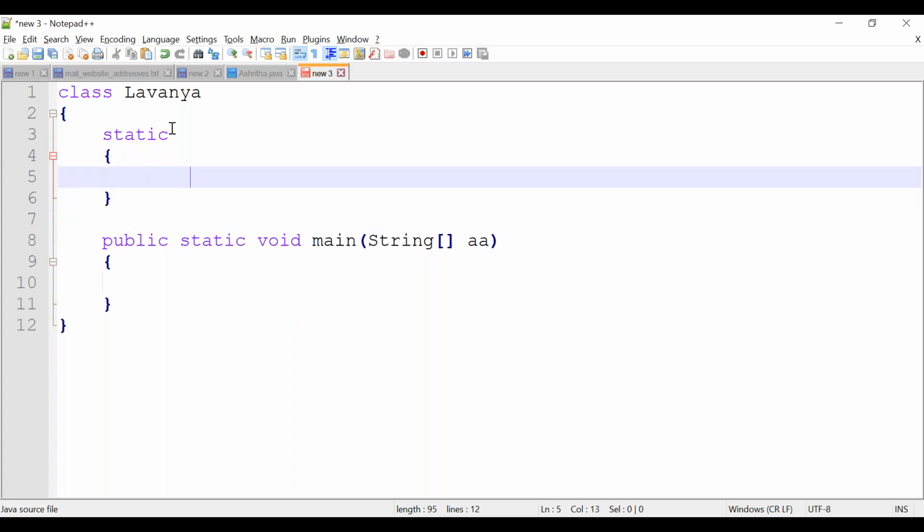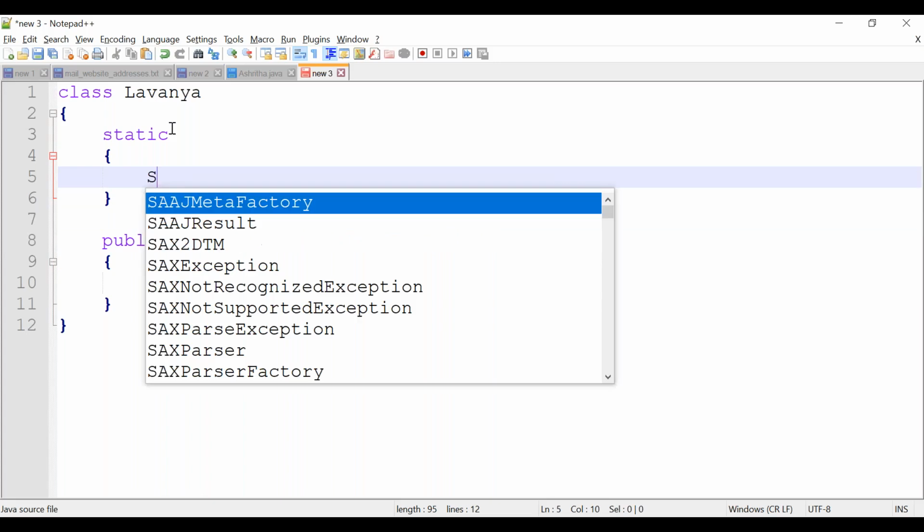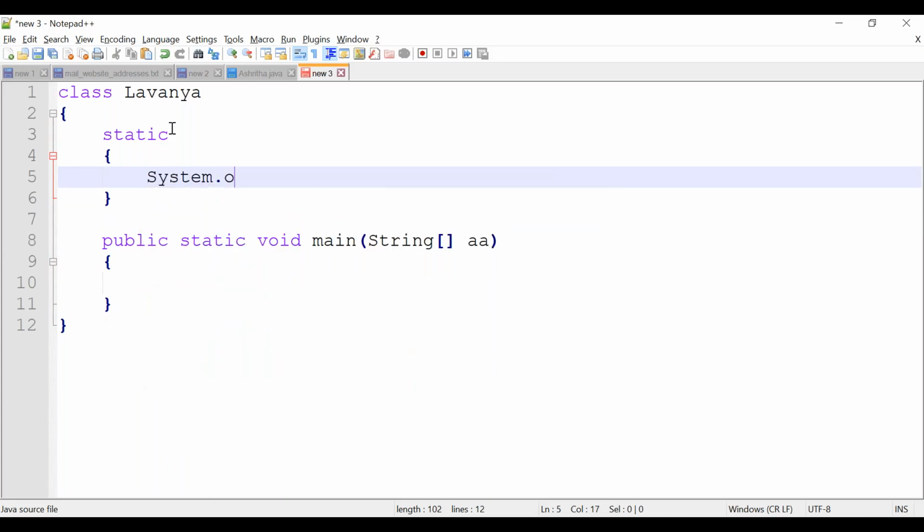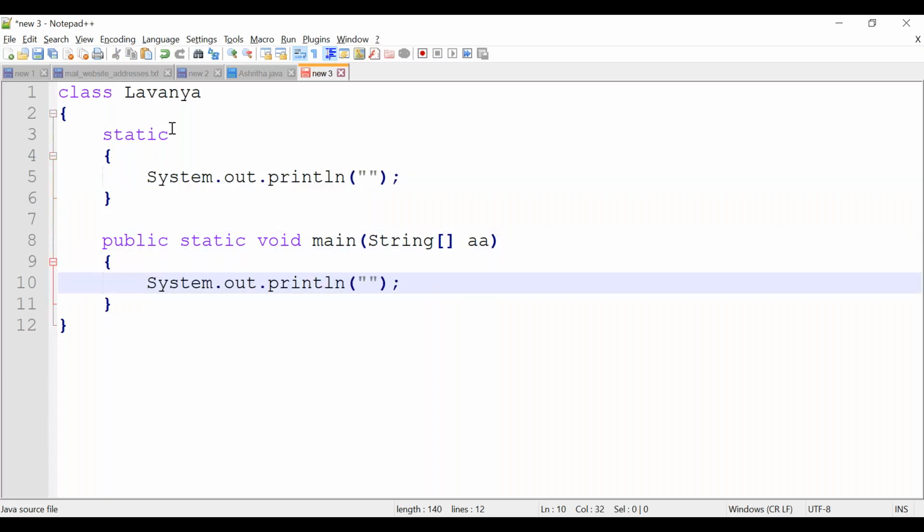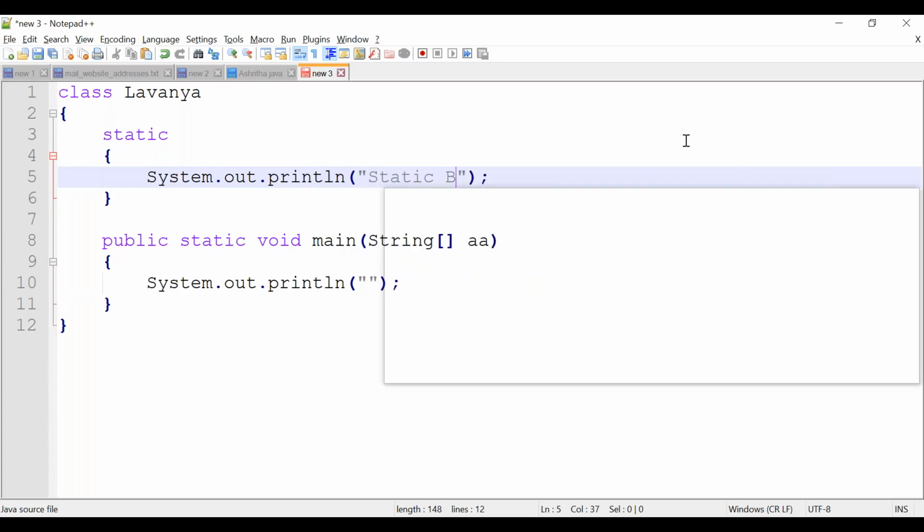This is how you can declare a static block. I'm just keeping a System.out.println. This is the statement I am trying to keep inside the static block. Consider this is static block 1.